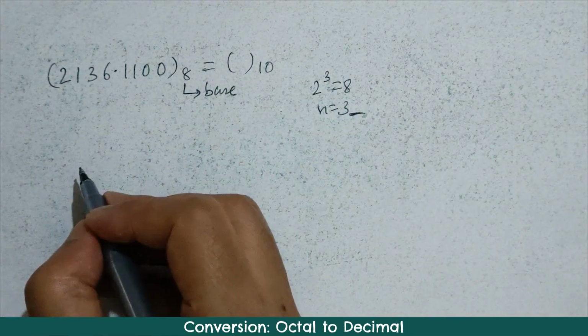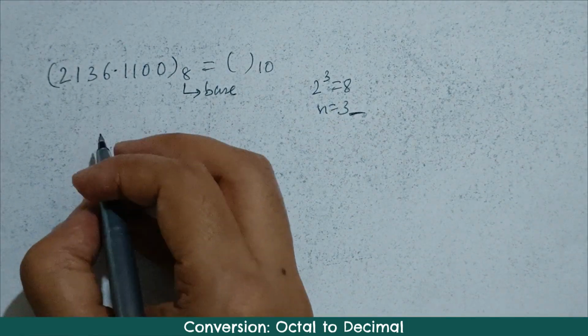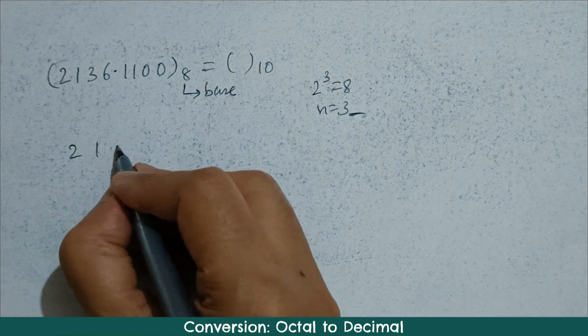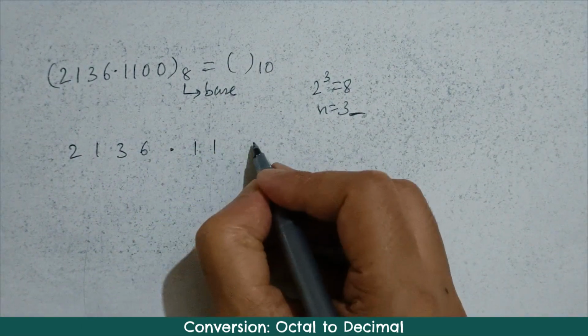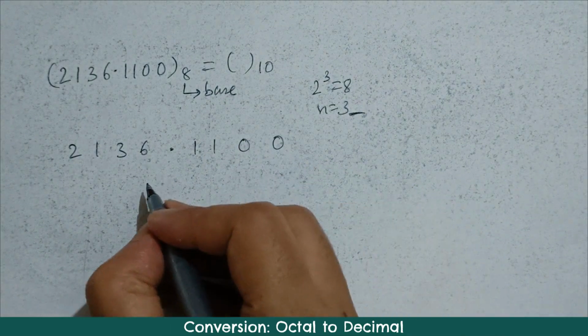Here you know, the base of octal is 8. Kindly write down the number 2136.1100. So, here in the integral part of the number, which is just before the point,